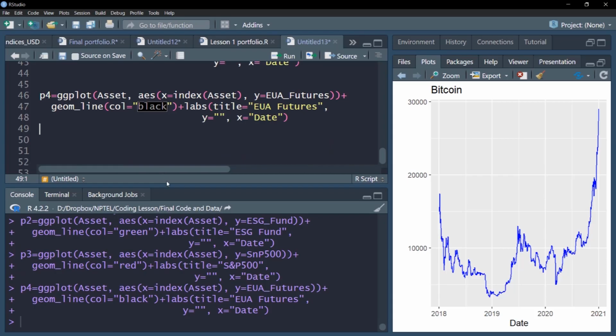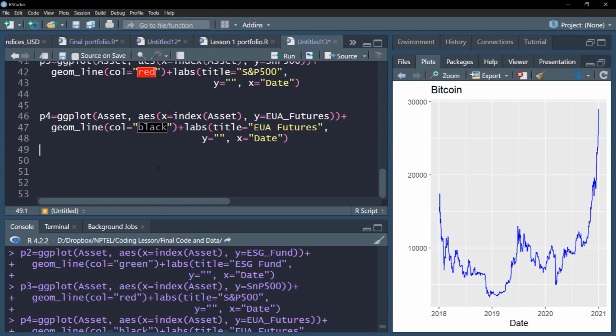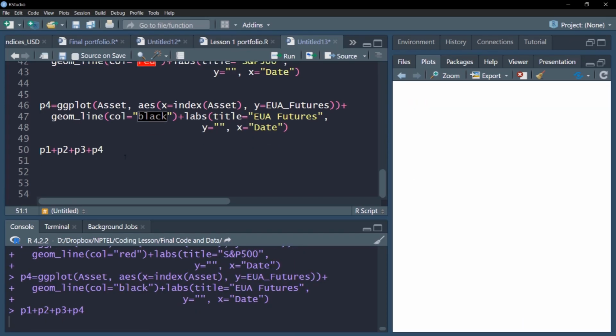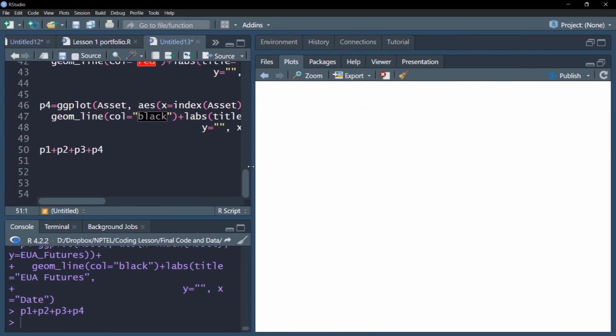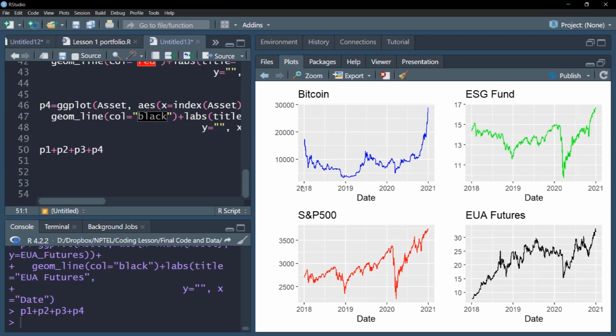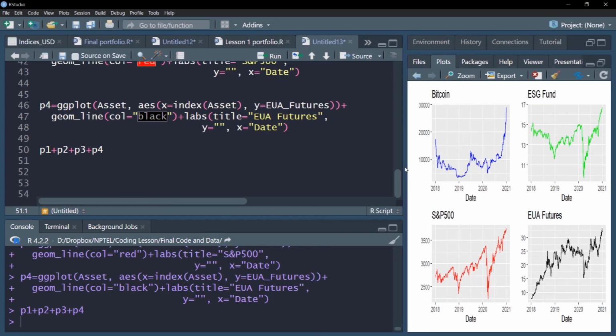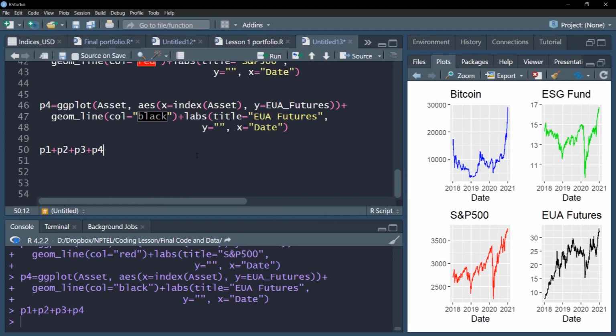Now if you notice, we have initially at the beginning installed a patchwork library, which will help us in drawing a very nice plot. So for example, I'll run this P1 plus P2 plus P3 plus P4, and it will draw a very nice looking plot for us, though it would require some further changes. You can see a very nice plot, but it requires some improvements, which we'll do through this very interesting command called plot_annotation.